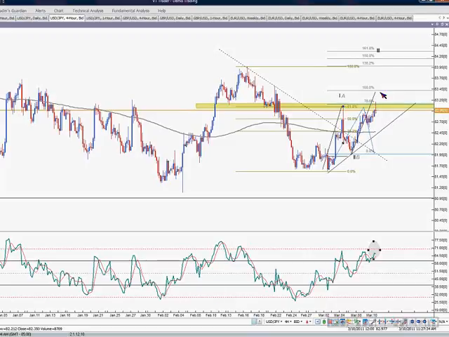And if we have this 100% projection, we would go up towards 83.40, or the 83.42, 83.43 area. That would be a wave equality. Now, if this wave extends, which again, it still could be a wave C or a wave 3, it could be a zigzag here, where we could be developing an impulse wave up. Then looking at 138.2%, 150%, we're looking at 84 as the next target. So if the market breaks above 83, we are looking at 83.40 and 84 as the next targets in the short term.